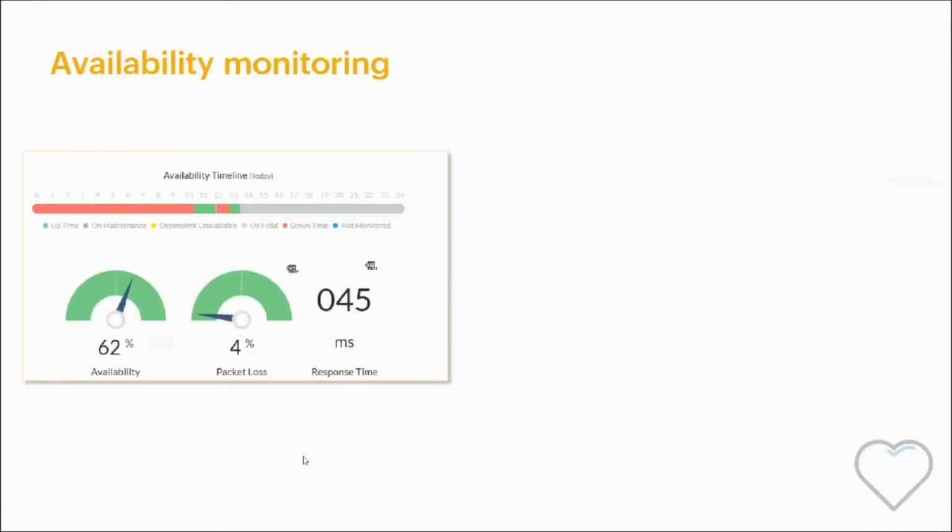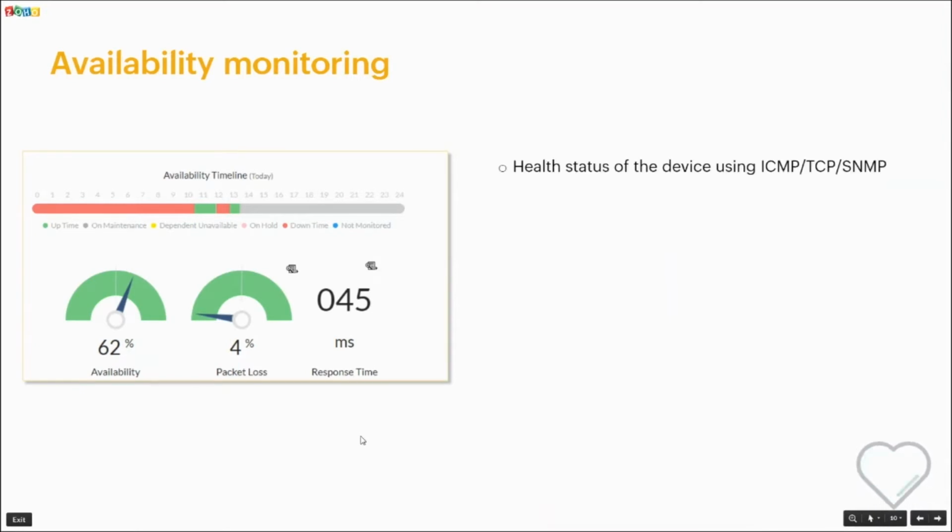So now let's start with the first topic for today's webinar, which is availability monitoring. Availability monitoring, or monitoring a system's uptime, is one of the basic and most critical metrics which we want to monitor irrespective of any device type which we have in our environment. The availability or sys uptime decides how good our infrastructure has been configured and how well our business can go moving forward.